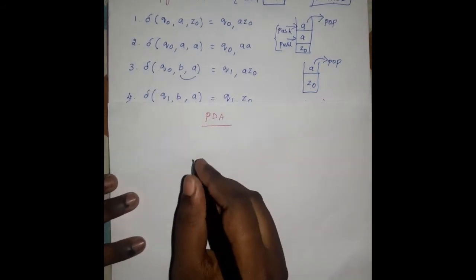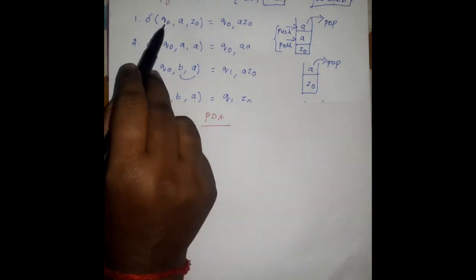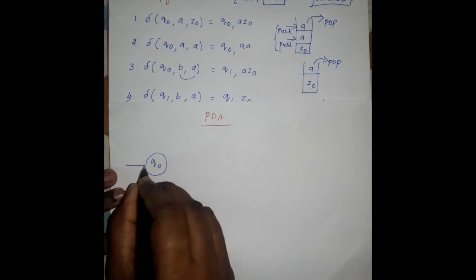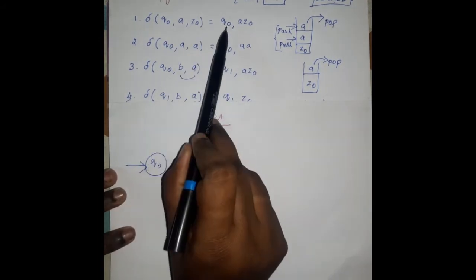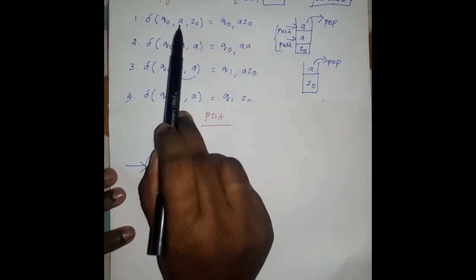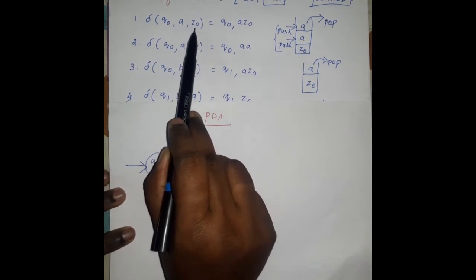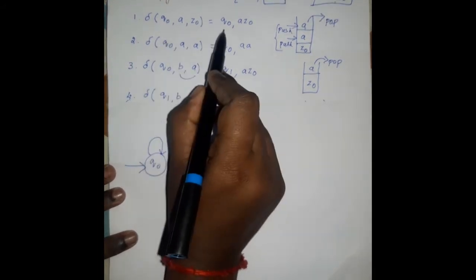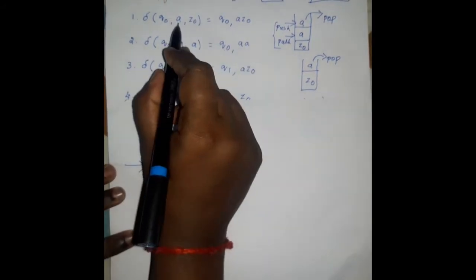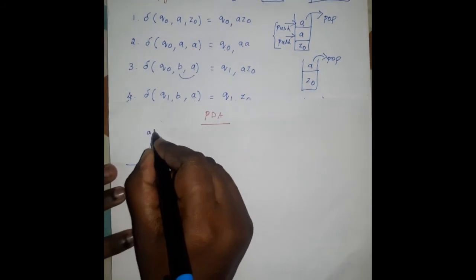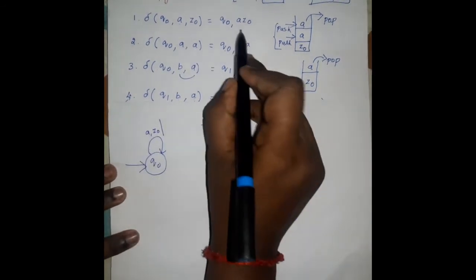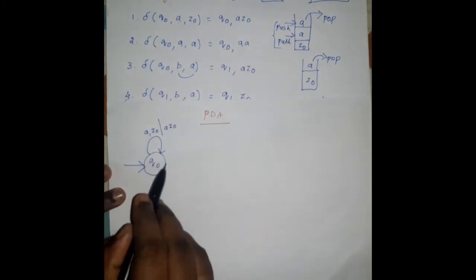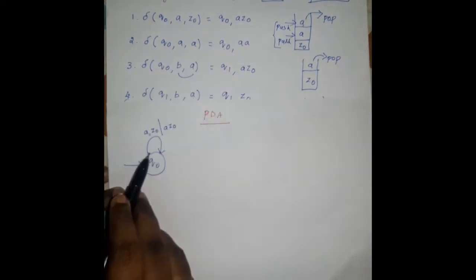So now we will construct the pushdown automata. Here the current initial state is Q0. So Q0 is the initial state, and you can check what is the next state. Here also Q0, getting the input A, and the top of the stack element is Z0. So you can write it as a self loop, because Q0 to Q0. So by getting A comma Z0, A comma Z0 and bar, what are the stack elements? A Z0. You have to write the elements in the transition function as it is.